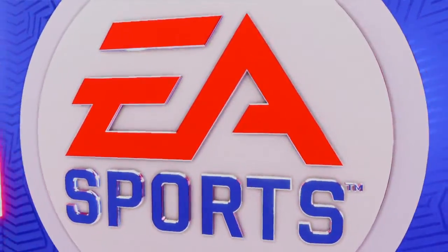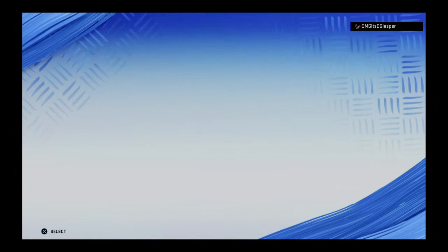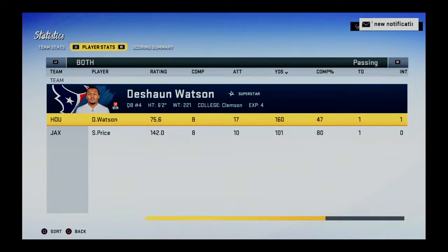So this will be a win for Jacksonville. And I know I'm not breaking any news when I say that any road win in this league